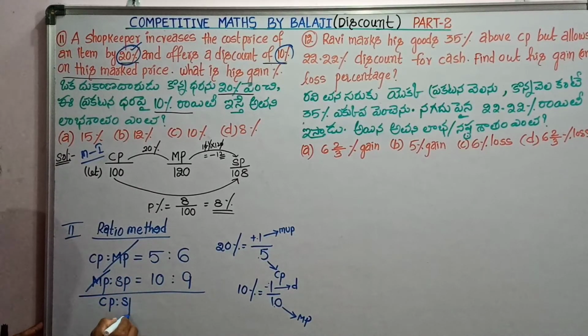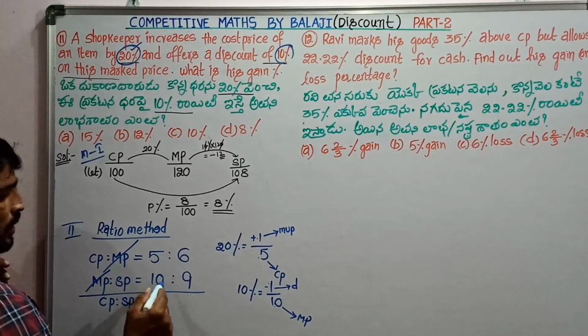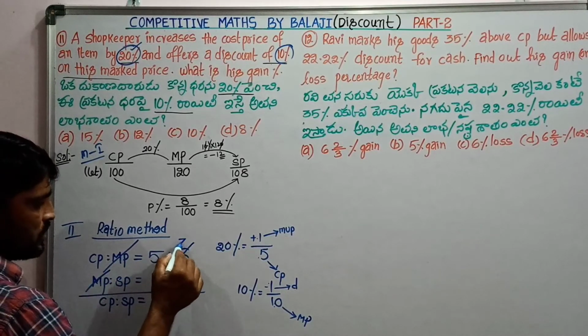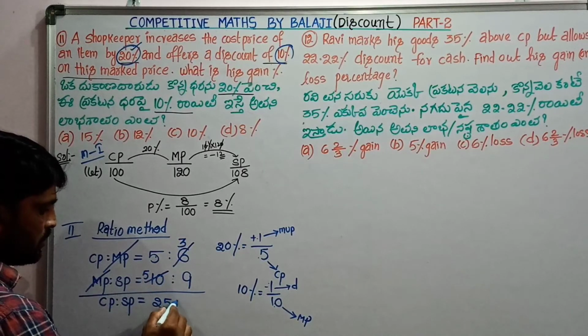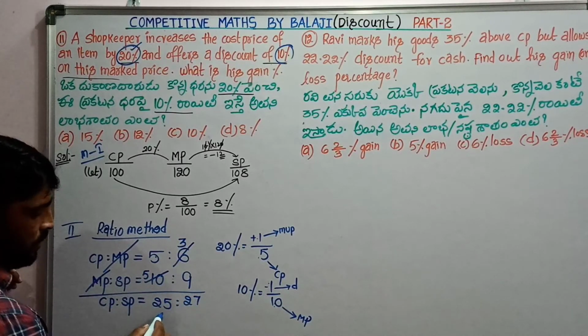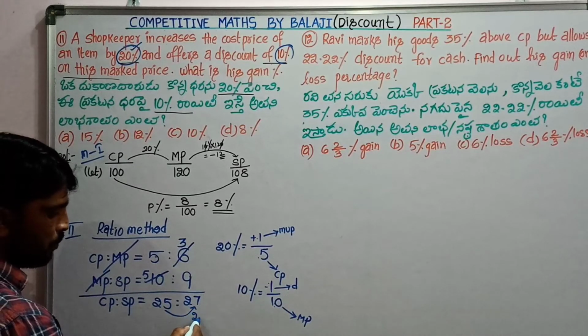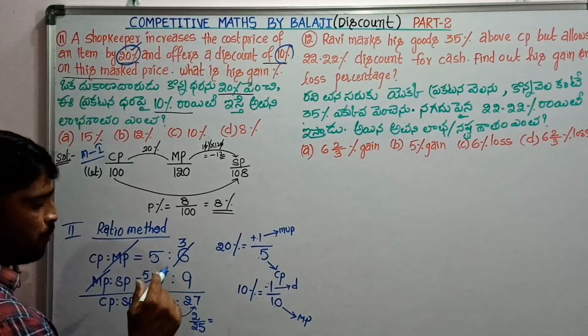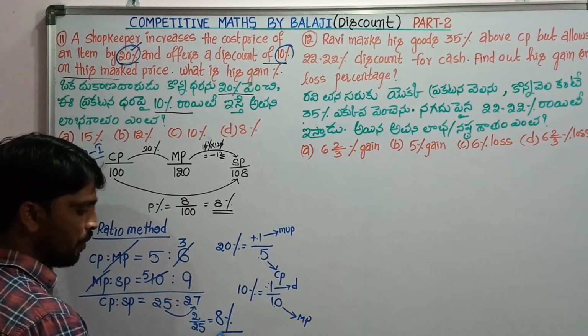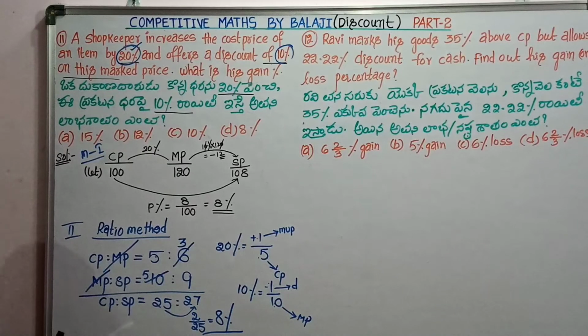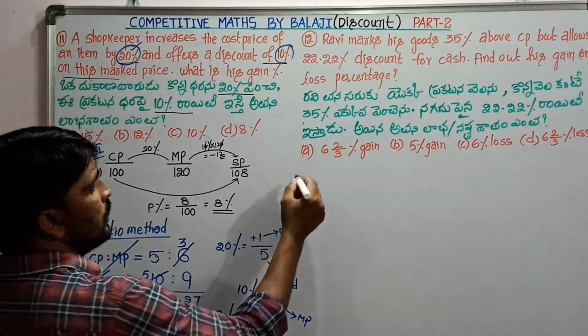Finally, we get the ratio of cost price to selling price. That is 2 3s are 6, 2 5s are 10. 5 5s are 25, 9 3s are 27. There are 2 units of profit over 25 units. Since 1 by 25 is nothing but 4%, 2 times of 1 by 25 is nothing but 8% profit. Okay. Yes. Next question, 12th one.